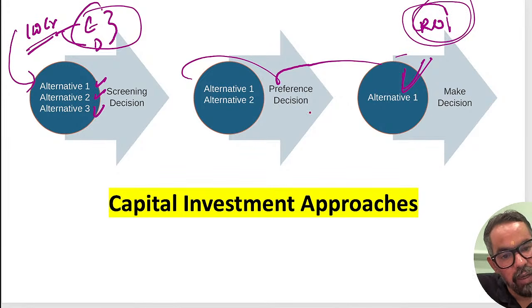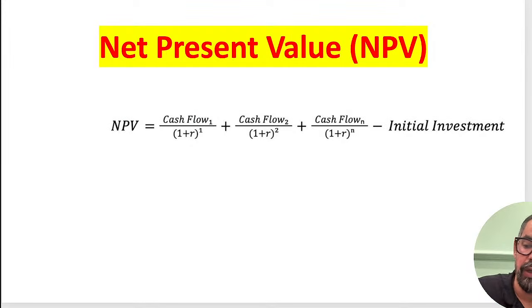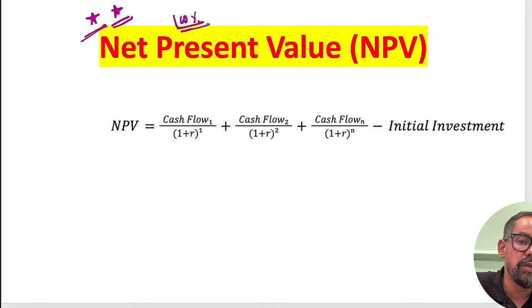So to eliminate these alternatives and to find out the best one, you have methods. These methods are generally known as capital investment decision methods. They are also part of your CIB. If you understand these here, they'll help you there also. Now, when it comes to net present value, 100% of the time we use this particular method for project appraisal.